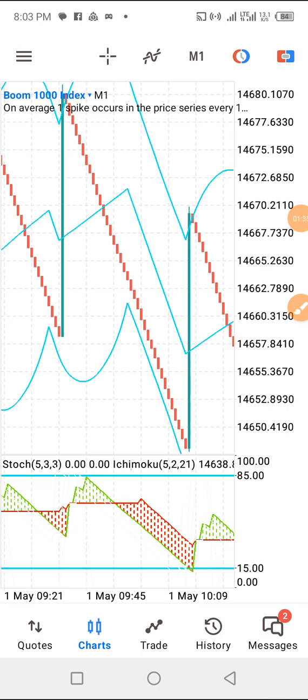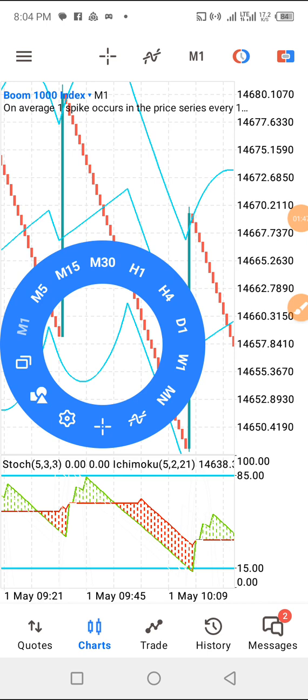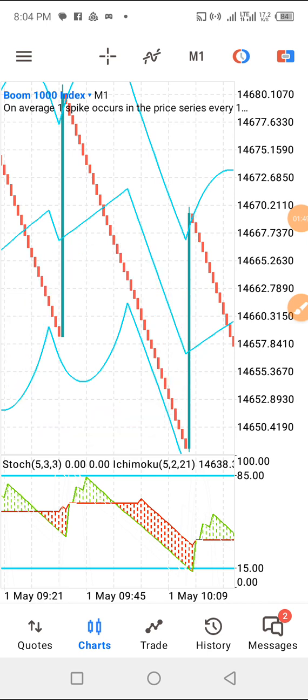Today's strategy, you can use it for catching spike, and at the same time you can use it to trade the default settings, be it on Boom 1000, Crash 1000, Boom 500, or Crash 500. So I want to explain in detail how you can use this strategy as a beginner, and please make sure